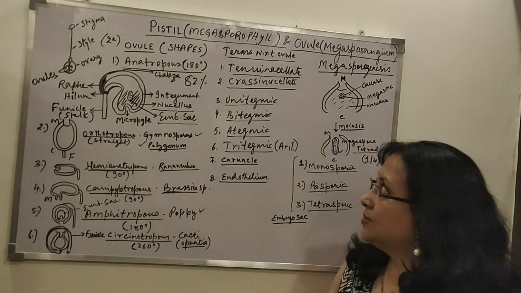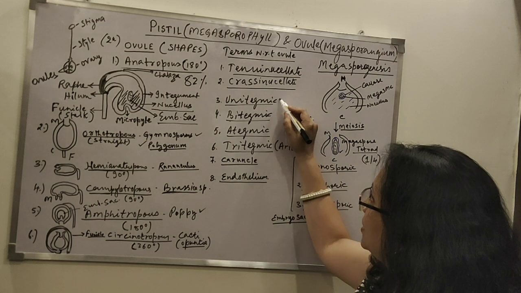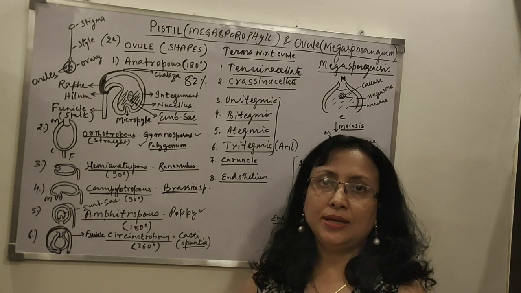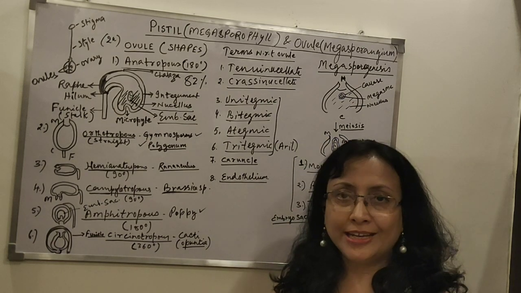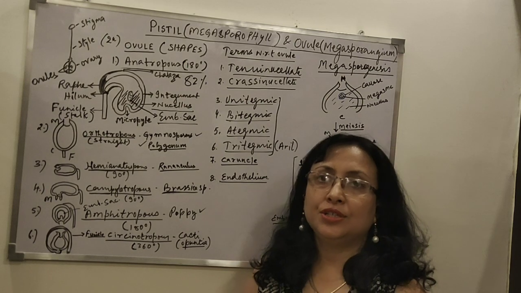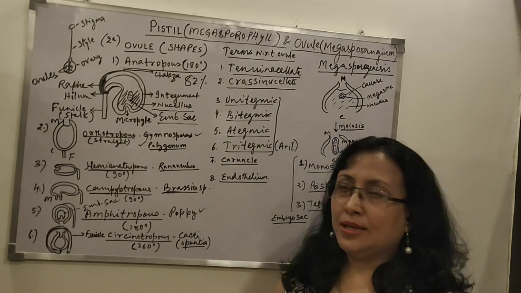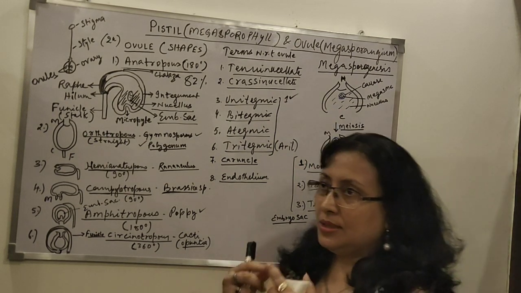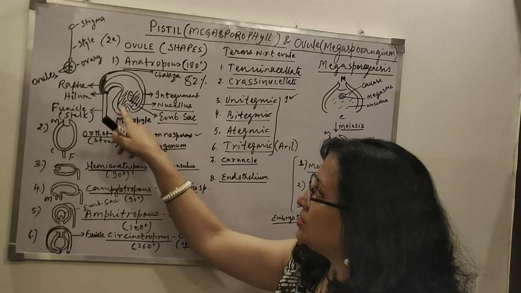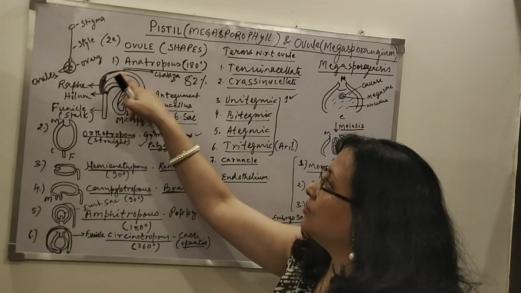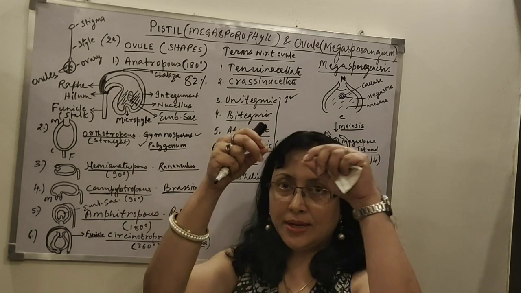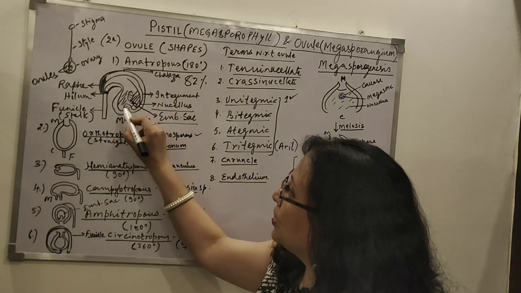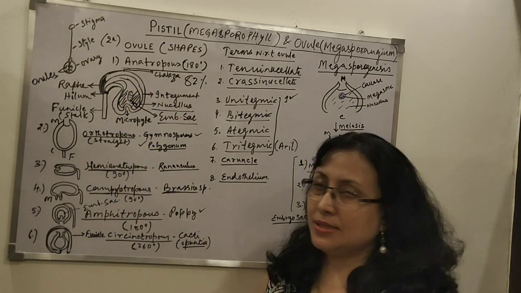And the next terms that we see are with respect to integument, whether it's unitegmic, bitegmic, ategmic, tritegmic. So these terms are related to integument. First is unitegmic. What is unitegmic? When there is only one integument. The integument, coming back to this diagram, is the outer covering of the ovule. So if you see only one, then it's unitegmic. If you see two, like if I draw one more here, like this, so you may call this now